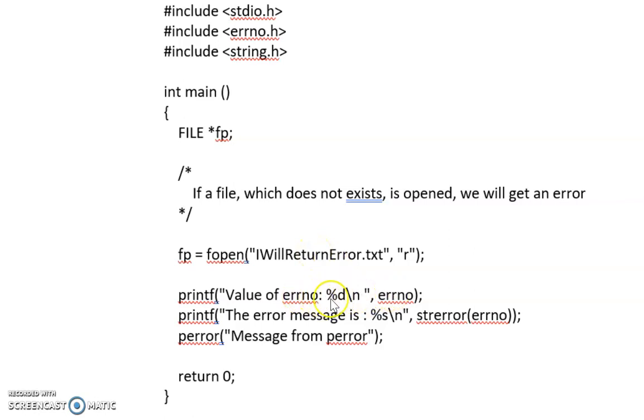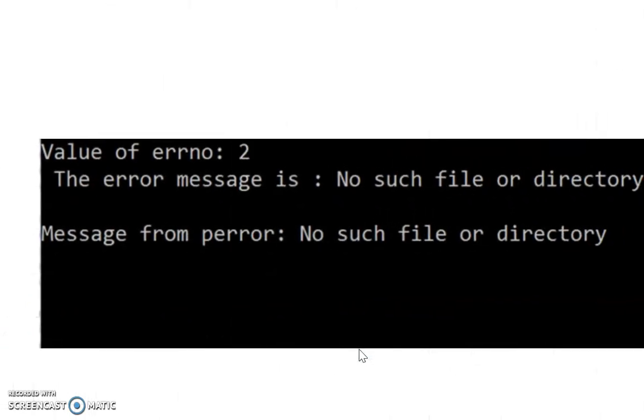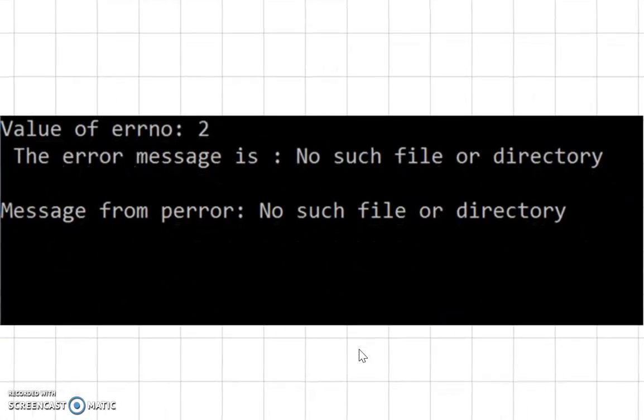So the first line will print the errno value number. Based on that value, the strerror function will get the pointer to that particular message, and perror is a function which prints that message directly. So let's see what happens. In perror, whatever we write, it will print. So this is your output.